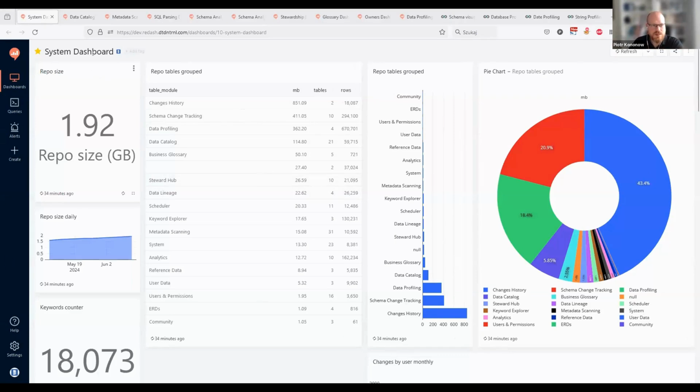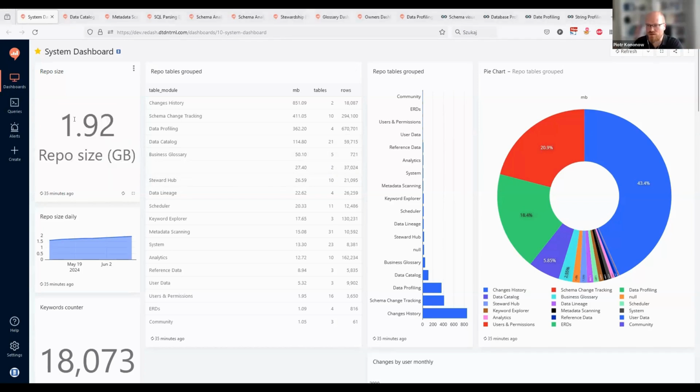So let's have a look at the system dashboard. This will be a dashboard for admins, and this could also include the list of agents and their status. I suppose it will be possible because it's visible in the repository. All those queries are run against our repository. So for instance, the size of the repository, right?